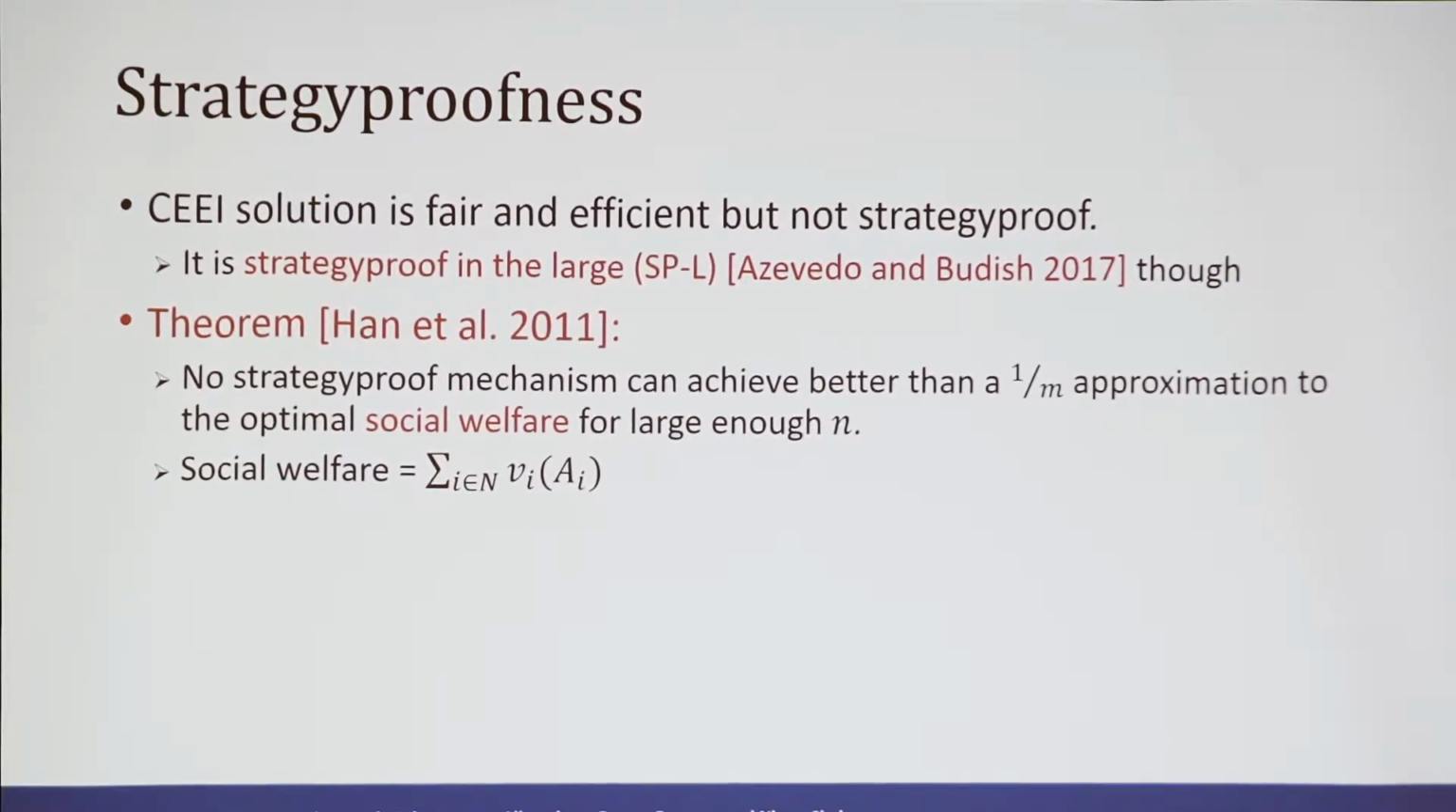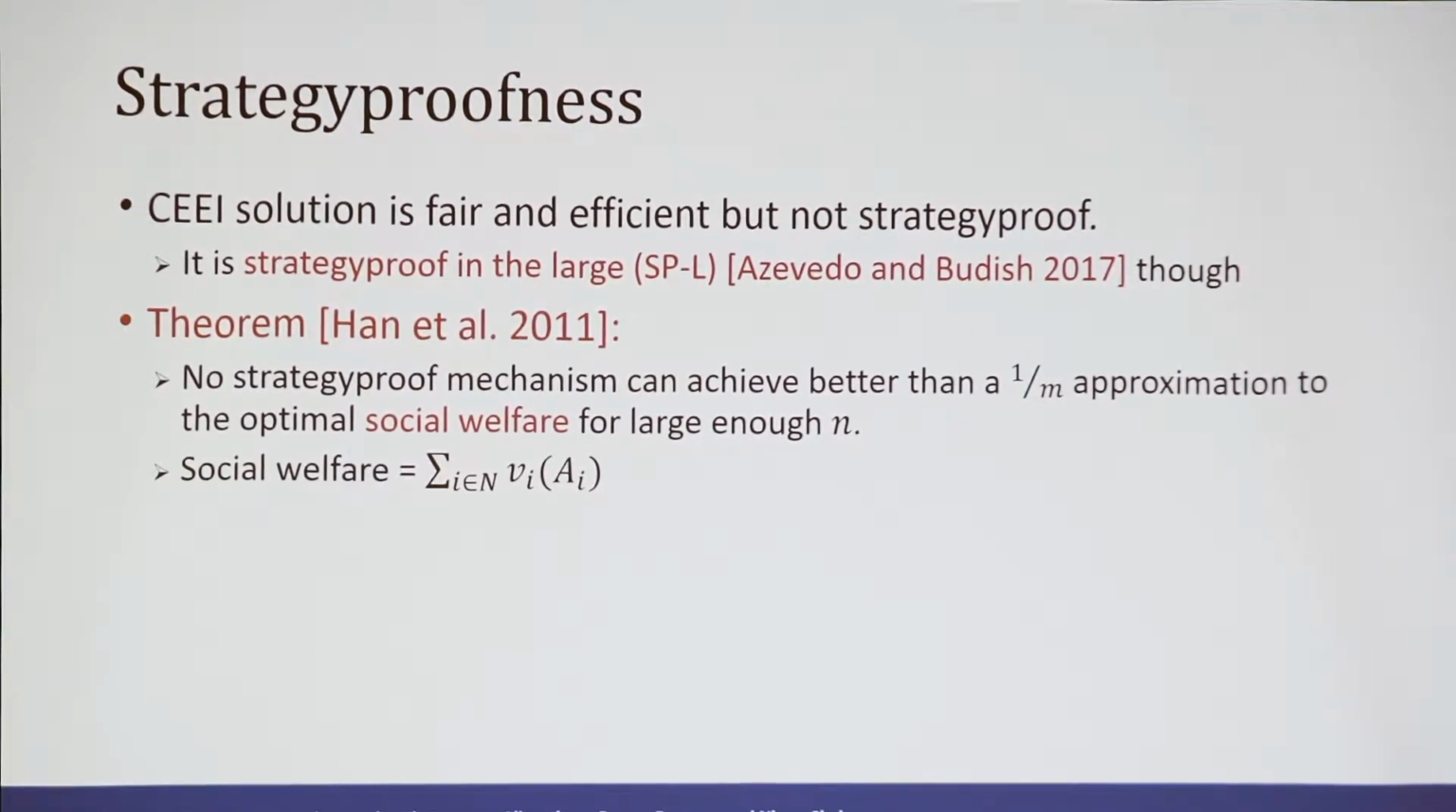Well, not surprisingly, there are at least some impossibilities. In particular, one thing that we know is that you can't achieve better than a 1/m approximation to the optimal social welfare with any strategy proof mechanism. And by social welfare, I mean the sum of the agents' utilities. And this isn't too surprising, all right? As we kind of observed earlier,